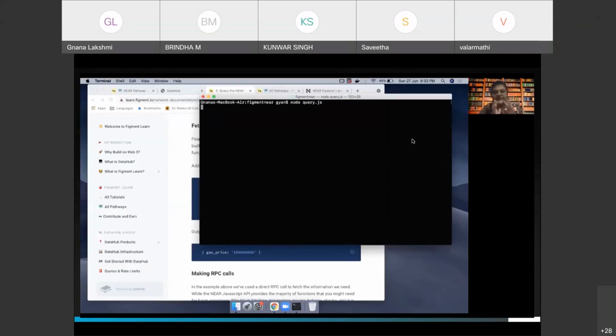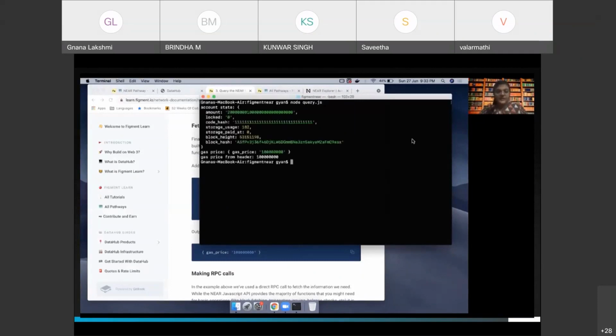Okay, so now we'll be getting the details of our account as well as what is the gas price. So you can see that this is our account. You saw that initially we have got 200 NEAR. So this is obviously the amount with the decimals that is there. And then code hash, this is all ones.